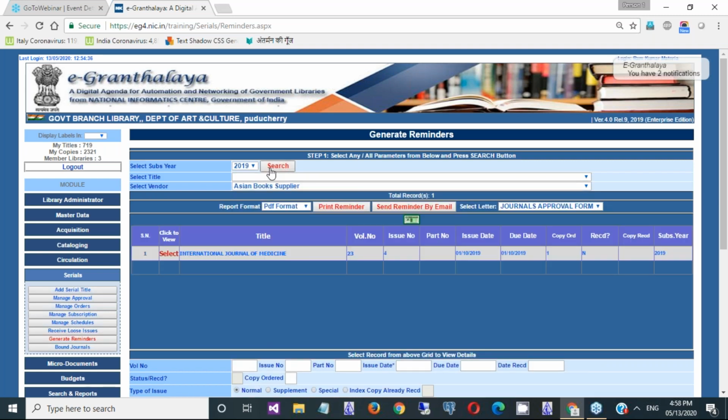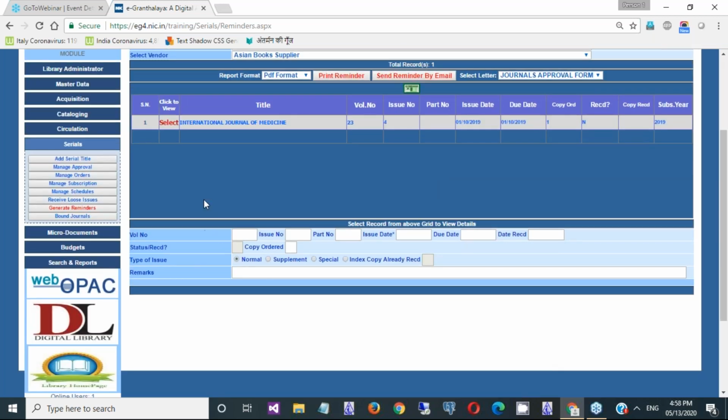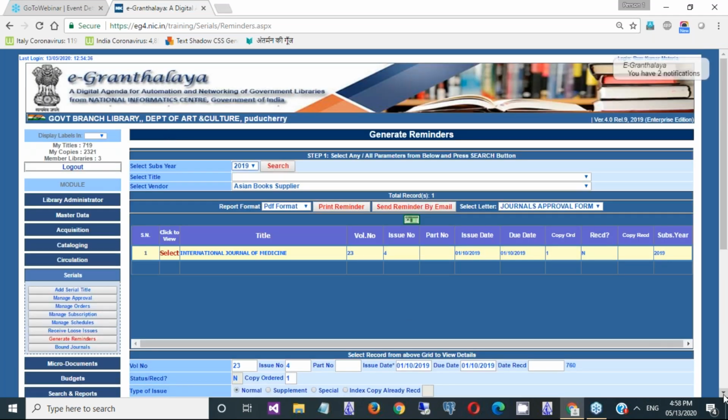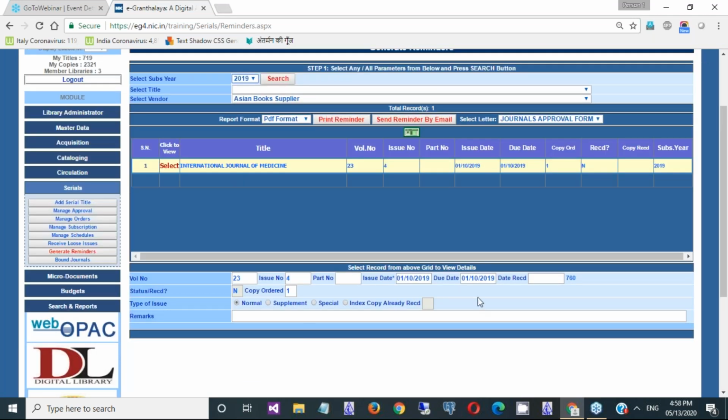So there are a lot of combinations, and here you can see the details of this journal if you want to see. So the details are shown here. This form is used for sending the reminder. You can even send the reminder by email by pressing this button.